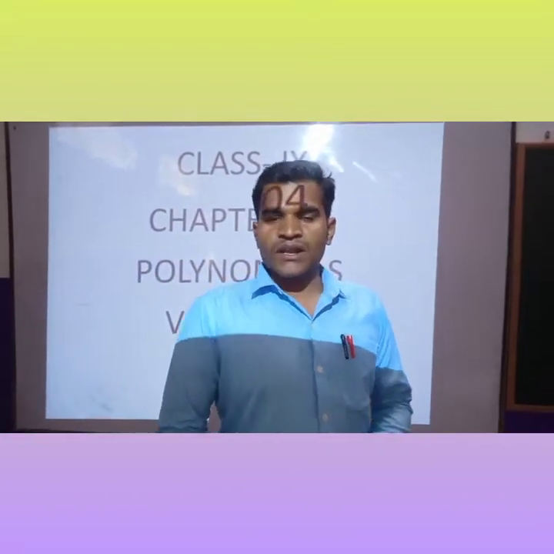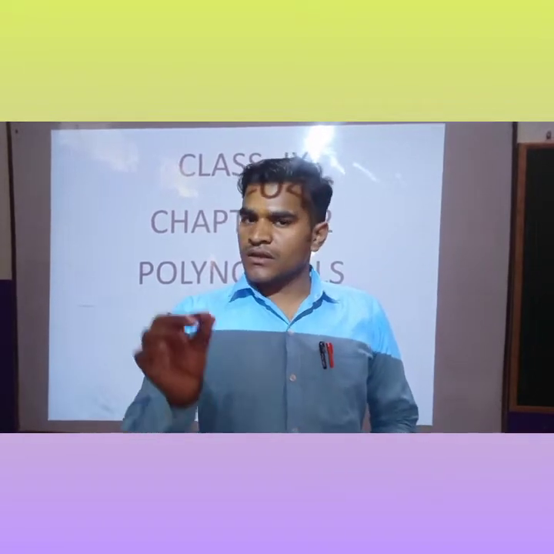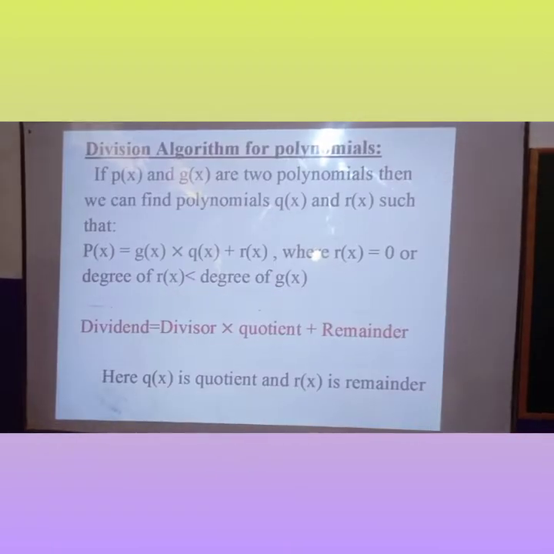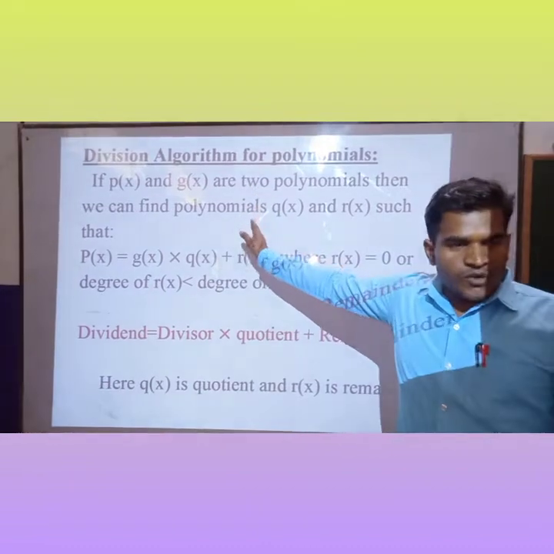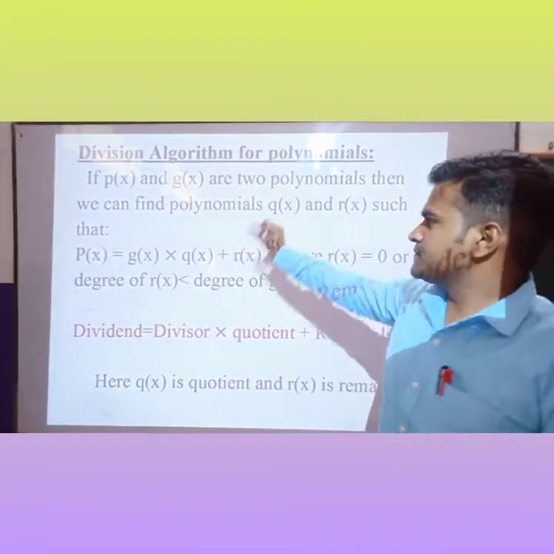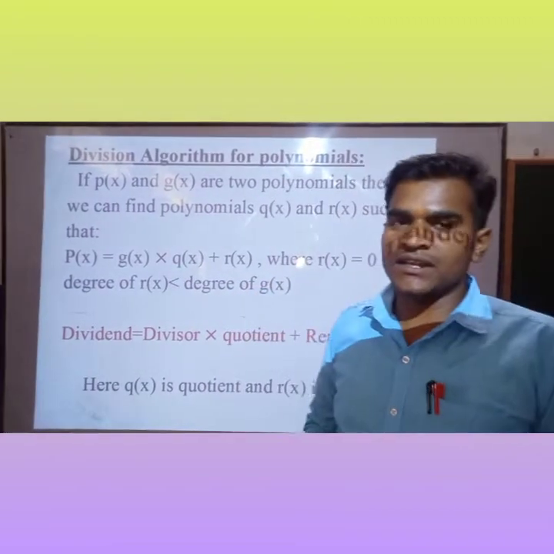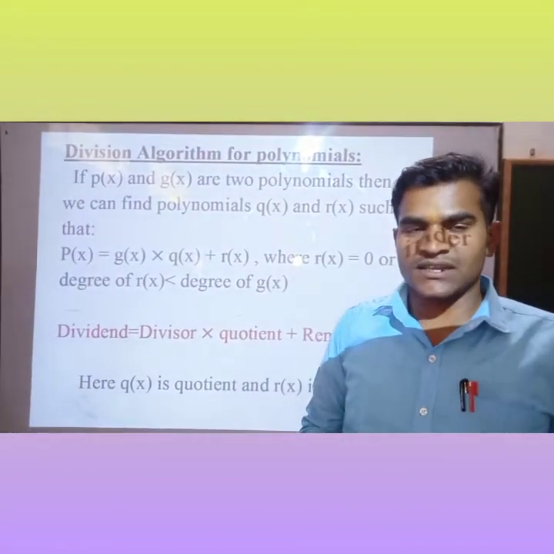As you remember, in the last class we learned zeros of polynomials, and in this class we are going to learn the remainder theorem and the division algorithm of polynomials. Let's see the division algorithm for polynomials. If P(x) and G(x) are two polynomials, then we can find Q(x) and R(x) such that